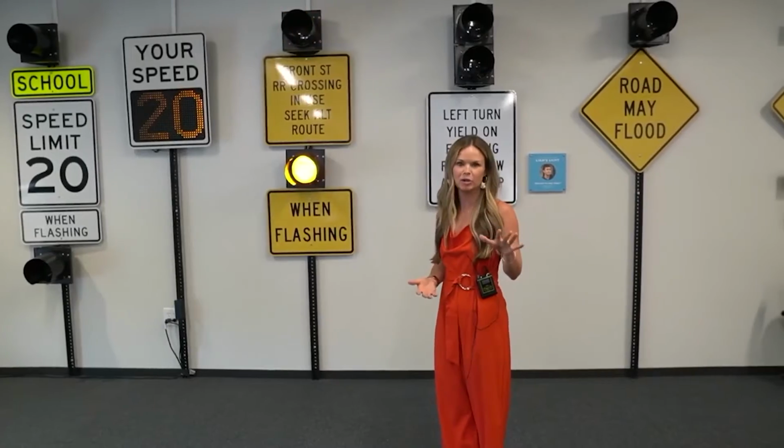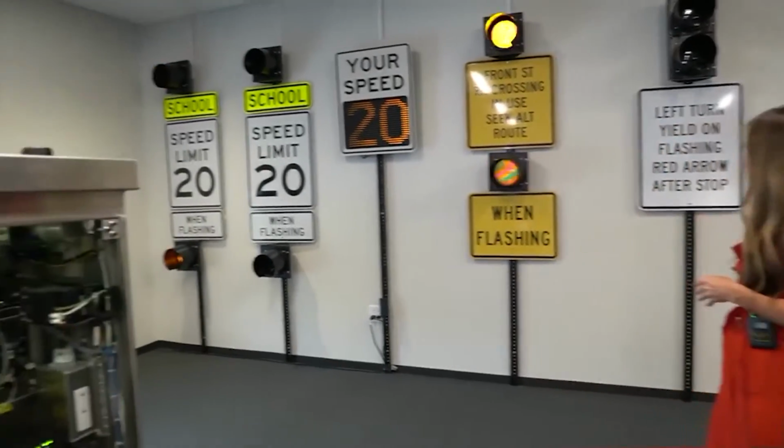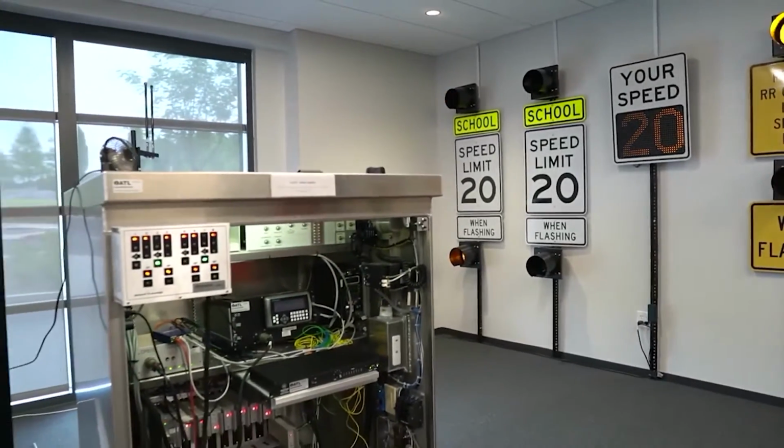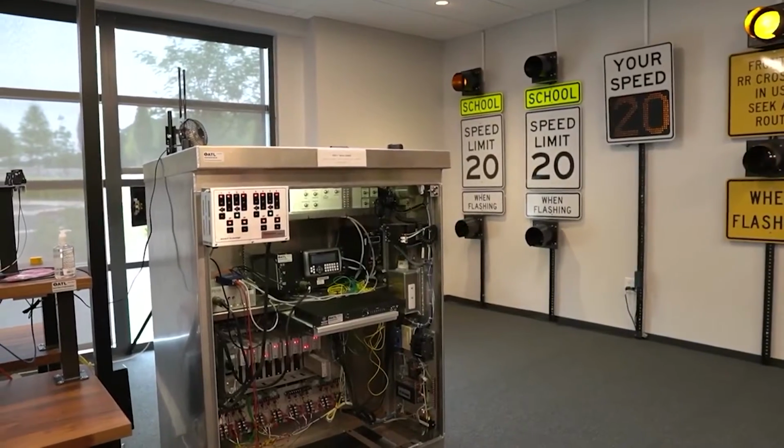So, and then as Peter mentioned, how it kind of ties back into preemption as well. We also have, which we can go down these other aisles, but we've got... I think let's focus on some of the cabinets of where the emergency vehicles actually...